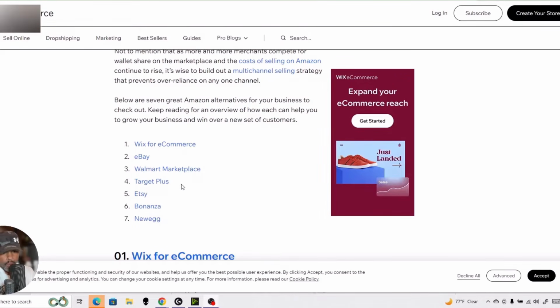Your competition on Walmart Marketplace will be experienced business people. That means they're not just going to be price tanking. They've been around long enough to learn how to actually make money, not just tank prices. So yeah, those are just some examples of some platforms that you could sell on.